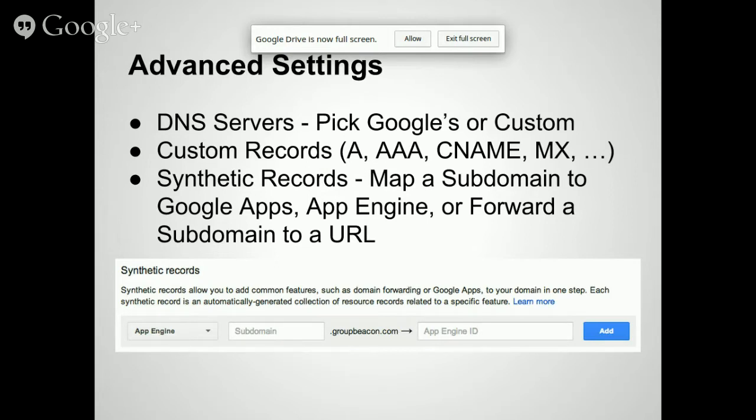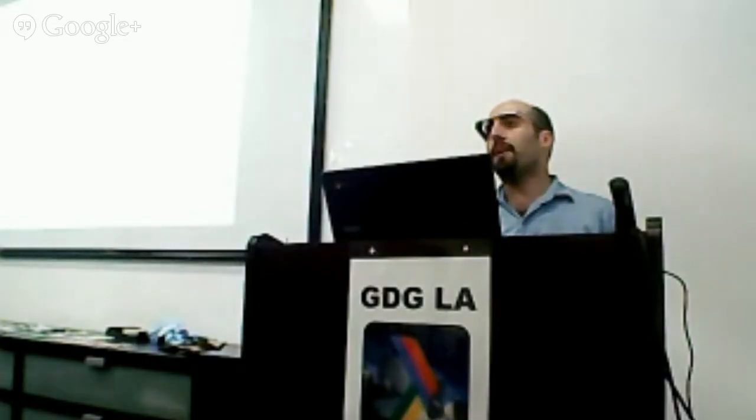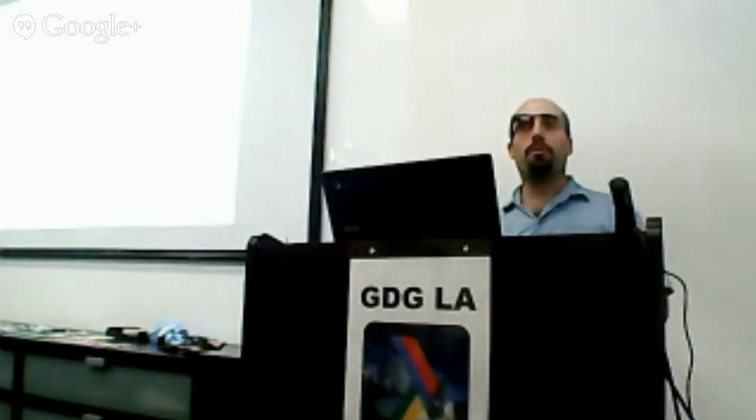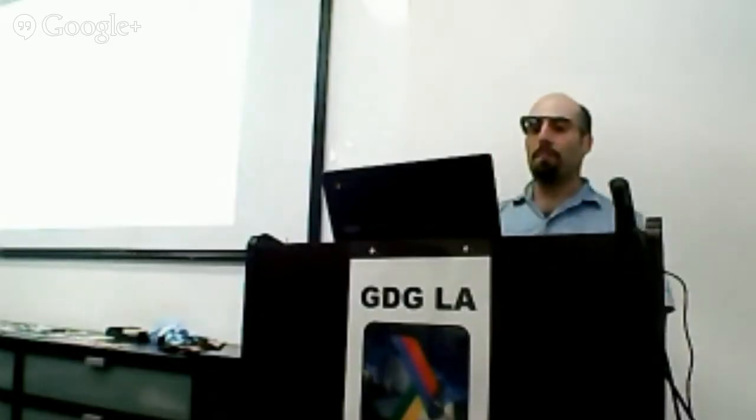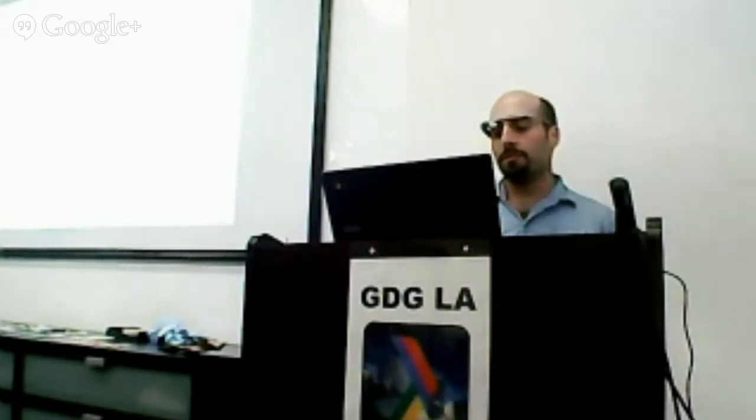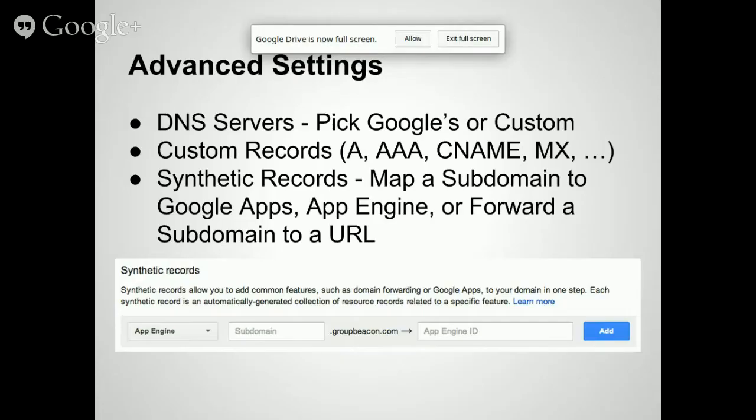So if you're hosting your site on App Engine, which is something you can do, or if you're using Sites on Google Apps, or you're putting up your own server somewhere for some reason. I talked to someone earlier today who's actually hosting a website from Google Docs. They upload the files, and then they're actually hosting it that way, which is interesting, I guess. So you can do all that here, too, if you wanted to.